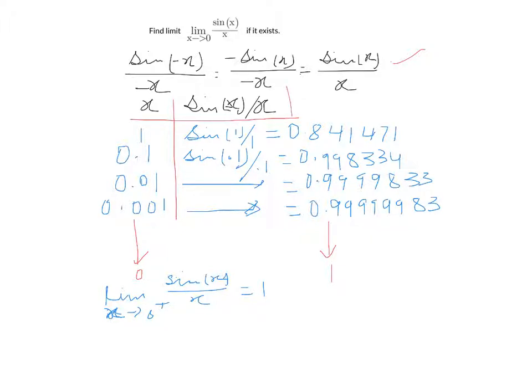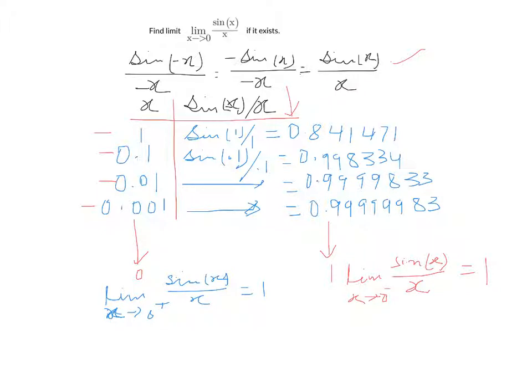This sine x over x table will be the same when you have negative values here, and therefore it follows that the left hand limit at 0 for this function is also 1,